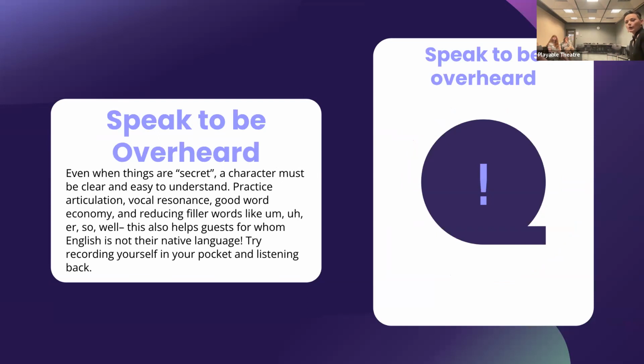And then finally, speak to be overheard. So even when things are a secret, we need to be able to overhear the information that's going on. It's also helpful here to try and reduce your filler words. I'm doing a terrible job of that. But it's helpful, especially for guests for whom English is not their first language. So if you can try and reduce those filler words and speak clearly and speak to be overheard,